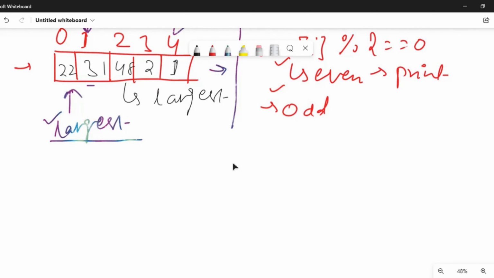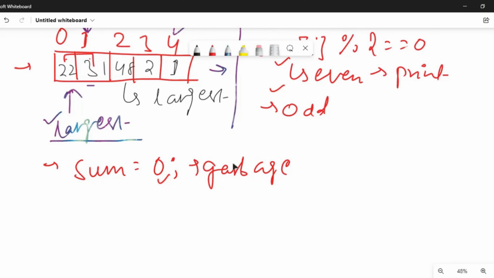Now coming to the third question. We can define a variable sum and initialize it to 0, because if we don't initialize it, it will contain some garbage value. Then iterate over the array and add 22 to 31, then add this to 48, then add these three to 2, and add these four to 1.